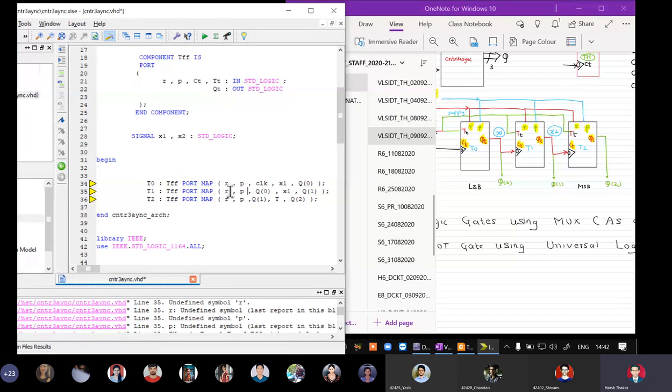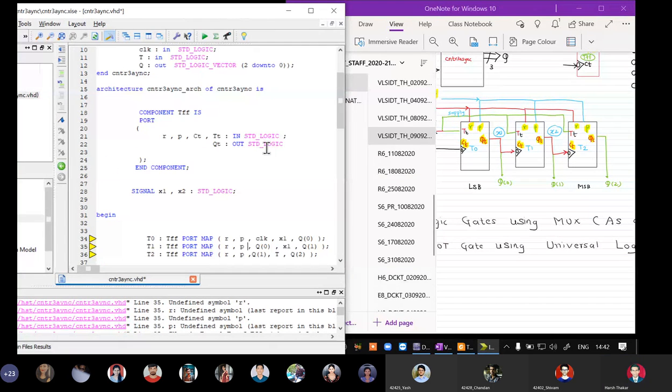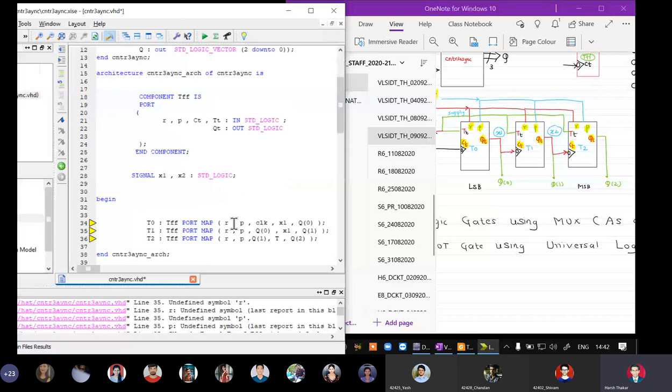So RPCT for T0, it is RST. Just a minute. Actually, how did you people not note this? Why did I write R and P here? It should be RST and PR, no? Yes or no?